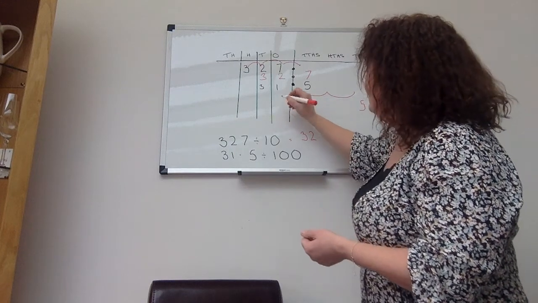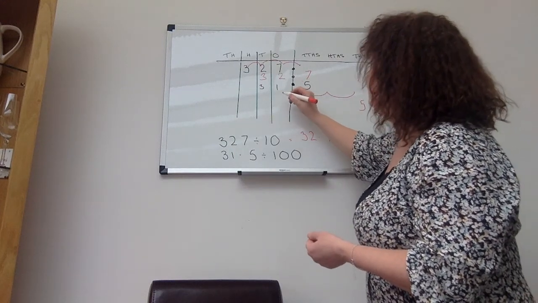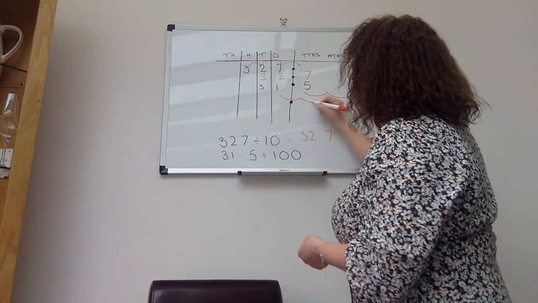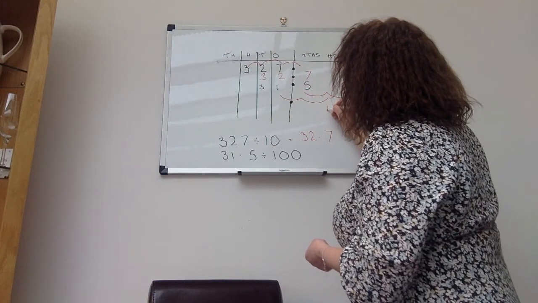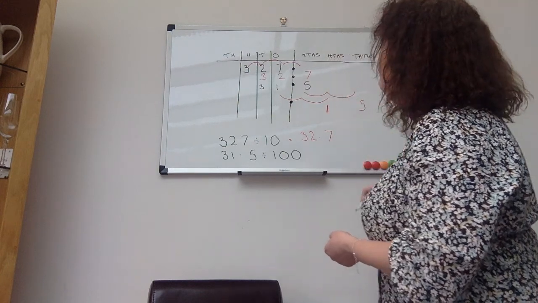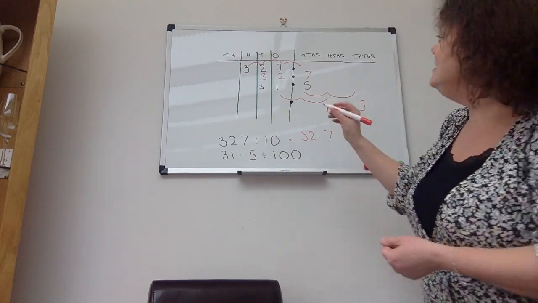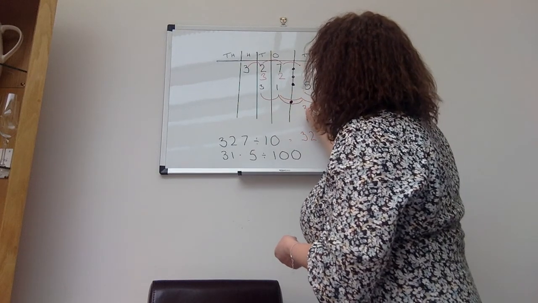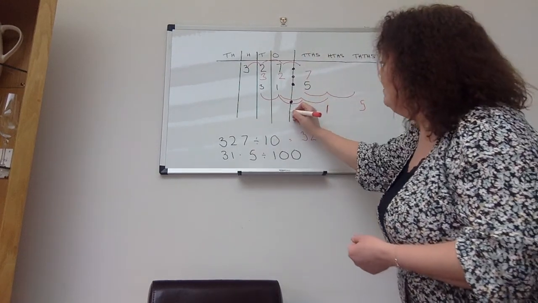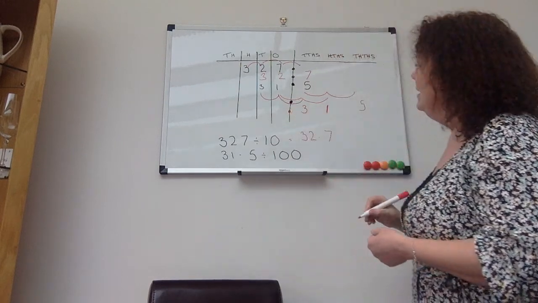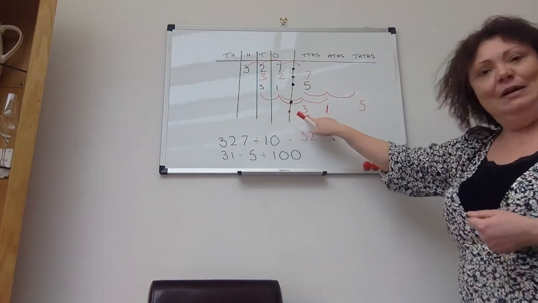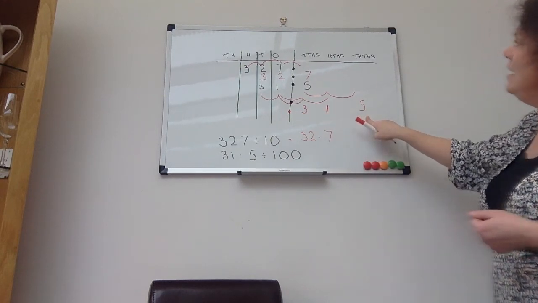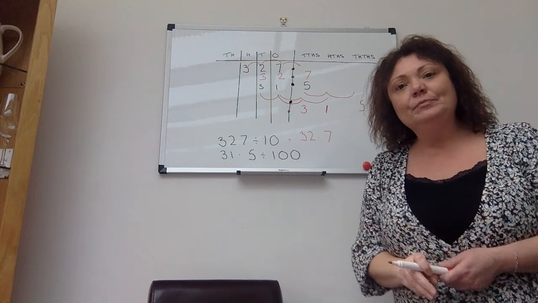And then we are going to move the 1 across, okay? So we're going to move that 2 places to the right as well. 1, 2, and we put our 1 there, okay? And now we're going to move that 3 over, so let's move that 2 places. 1, 2, and that 3 goes there. Okay, so I'm going to put my decimal there. So we have got 3 tenths, 1 hundredth, and 5 thousandths.